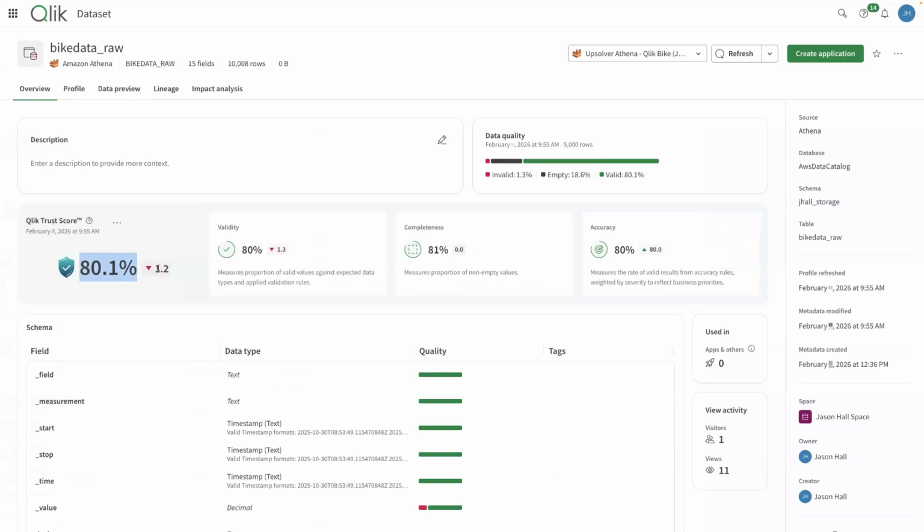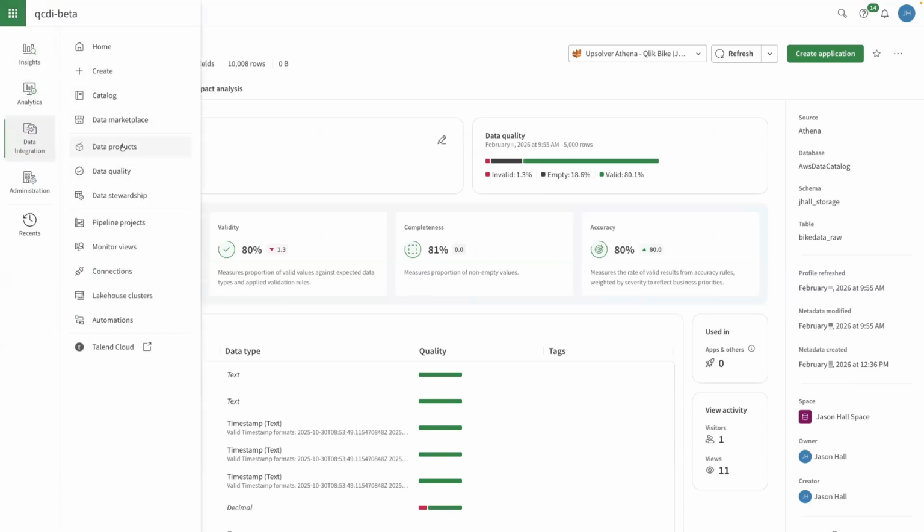Is it possible to set up some kind of alerts as well to notify an admin of anomalies like this? Absolutely. Yeah. So the trust score can be visual. There's also an automation framework within Qlik here where you can set up automations that can check the status of trust scores and alert you if there's a decline or if a data set's trust score falls below a certain threshold that you've configured. Very cool.